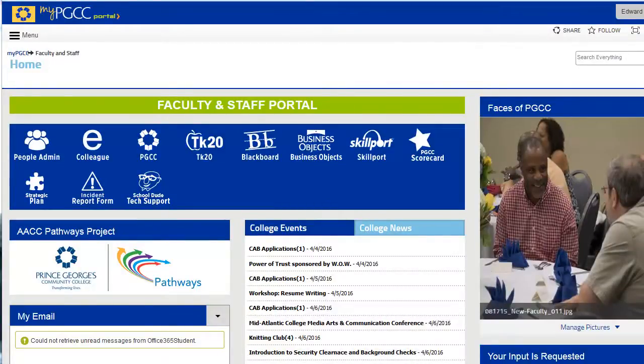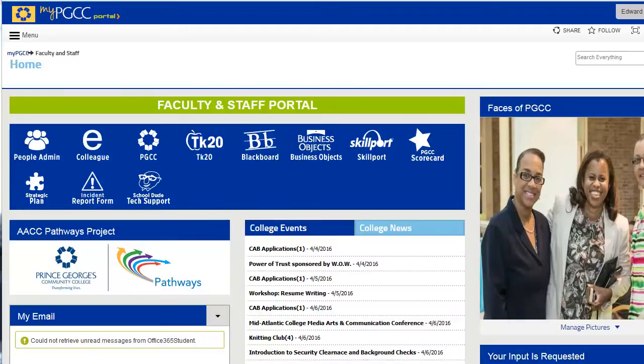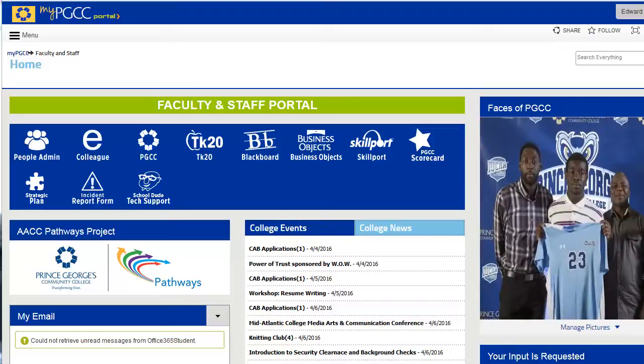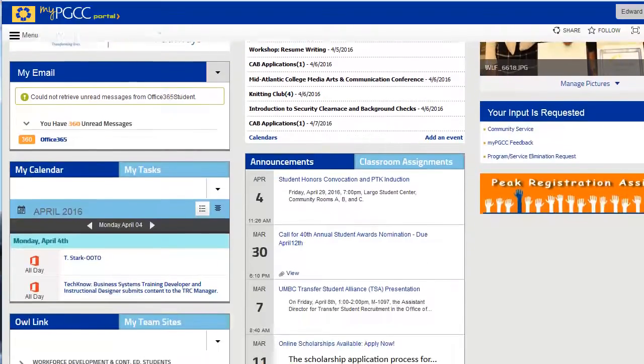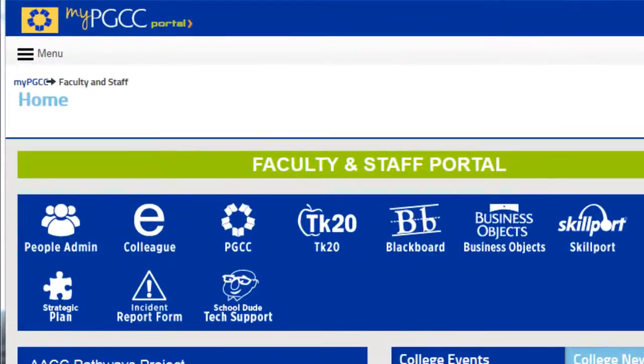The PGCC portal is a secure site accessible to faculty, staff, and students. The student version is different from the staff version. The portal provides a centralized web-based access to college resources and an integrated communication tool for the entire college community. It enables easy access to information and services online via a single sign-on environment that includes an email system, calendar functions, AlLink, Colleague, the college website, document sharing capability, and integrated communication tools that allow for effective organization and processing